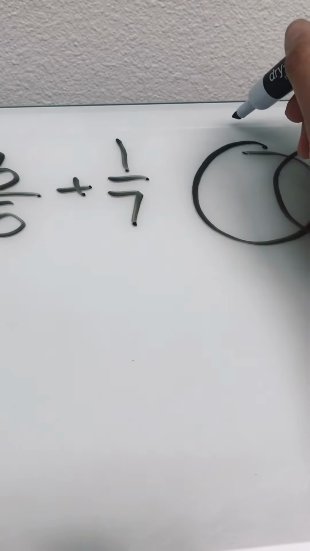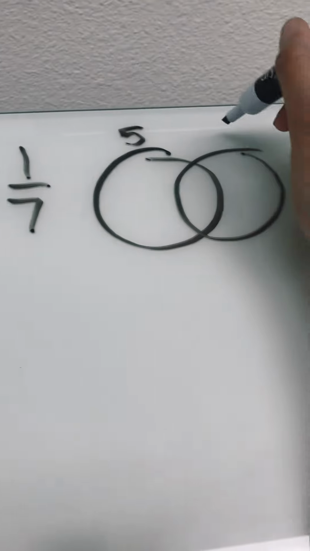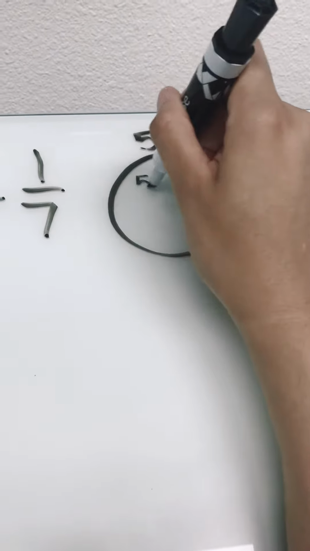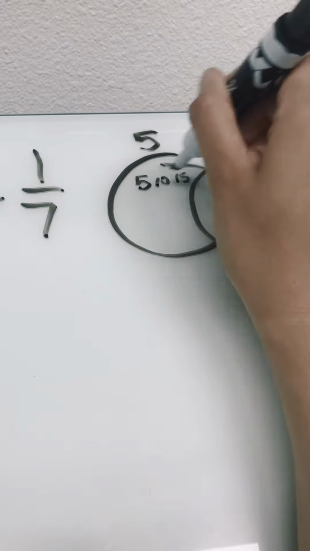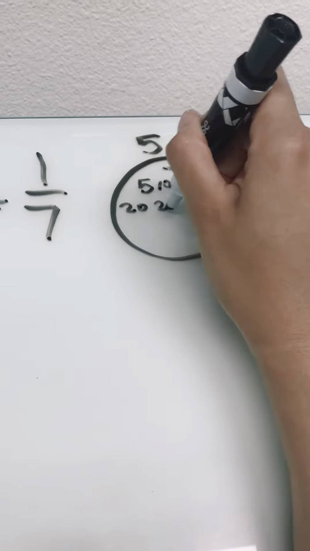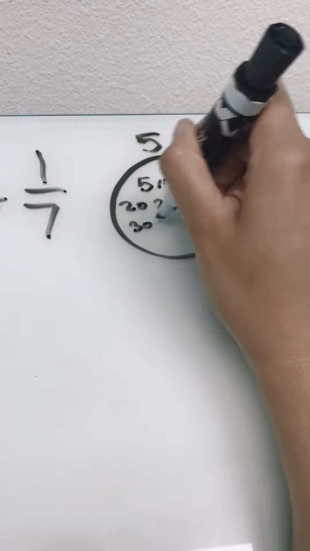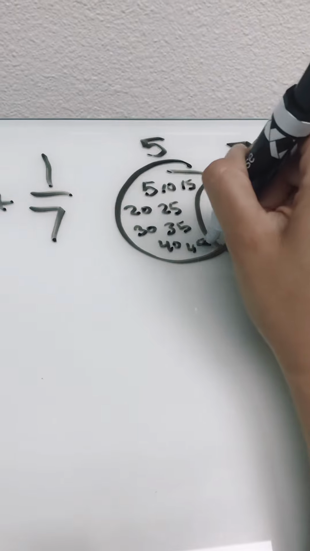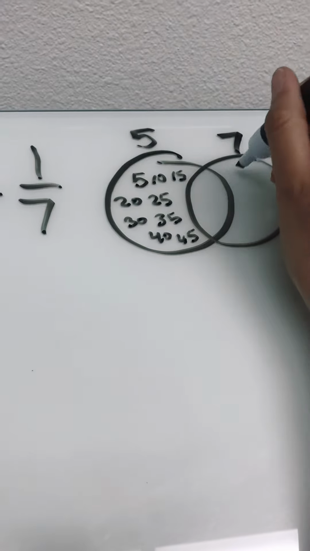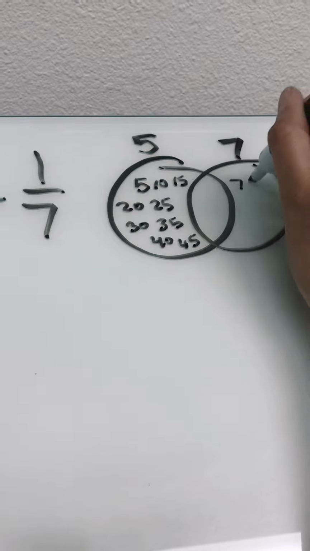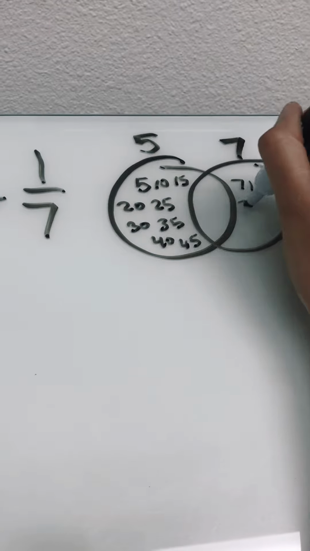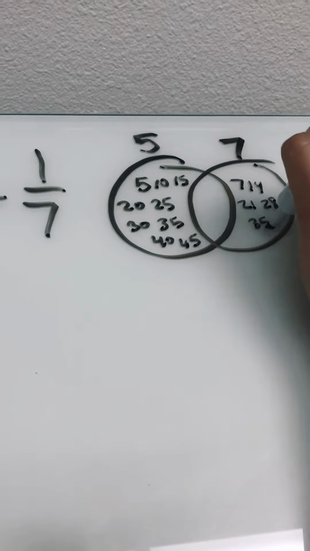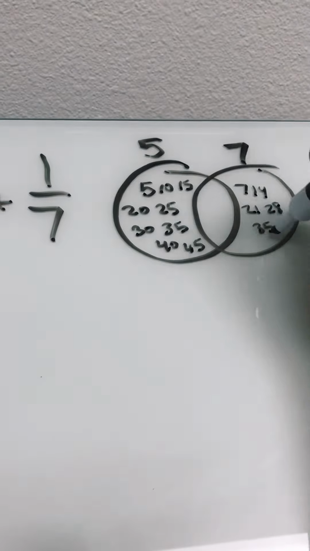Over this one we're going to list our multiples of 5, and over this one we're going to do our multiples of 7. So we have 5, 10, 15, 20, 25, 30, 35, 40, 45. And here we can list our multiples of 7. So we have 7, 14, 21, 28, 35. And we can actually stop here because we see that we found